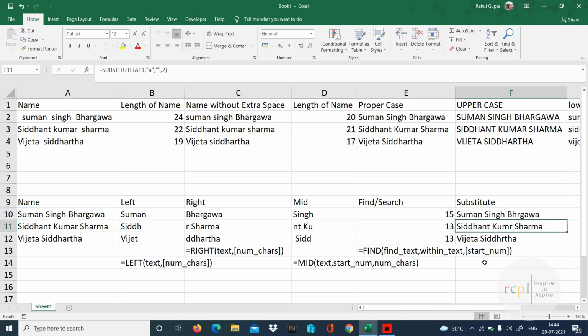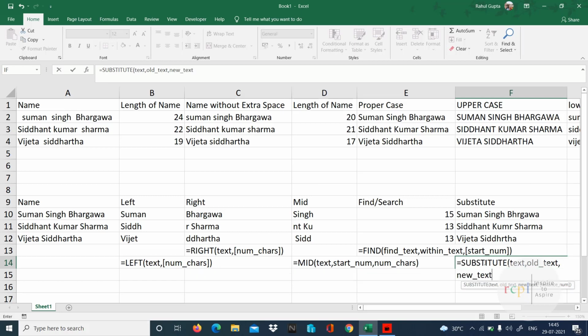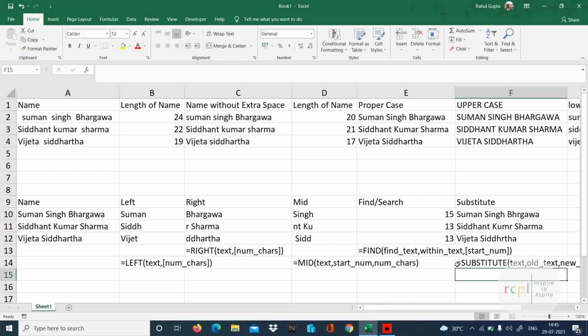So the function would be is equal to substitute, text, comma, old text, comma, new text, and then instance number. So these are 5 more functions which we have to work on this text.